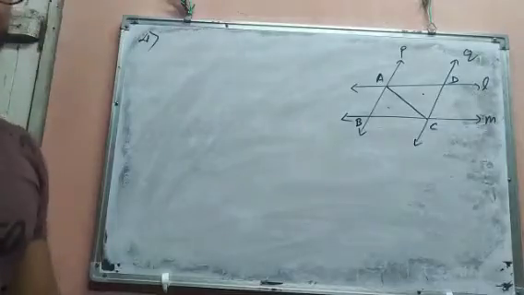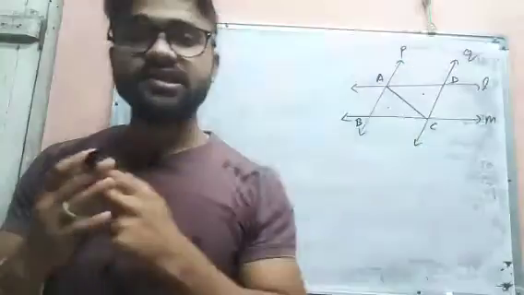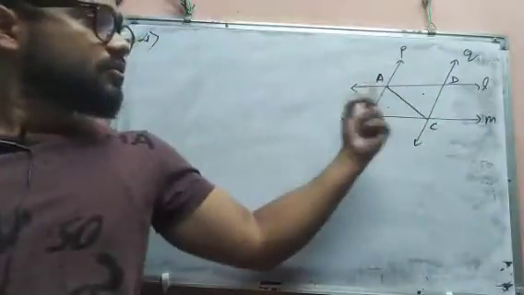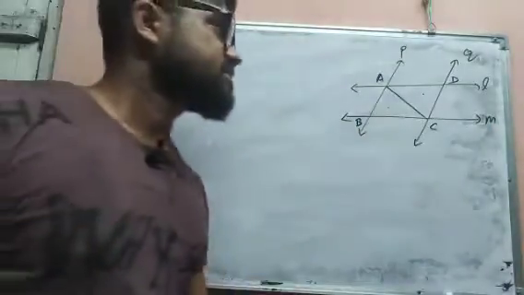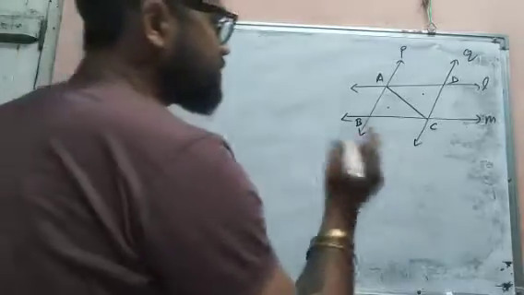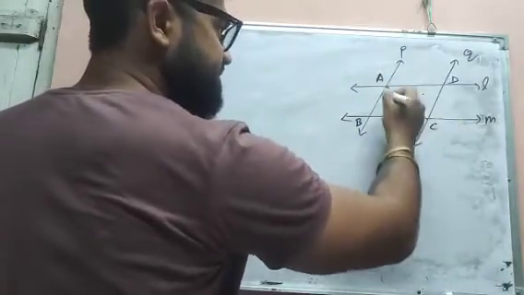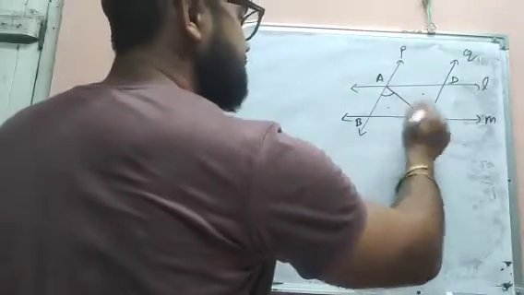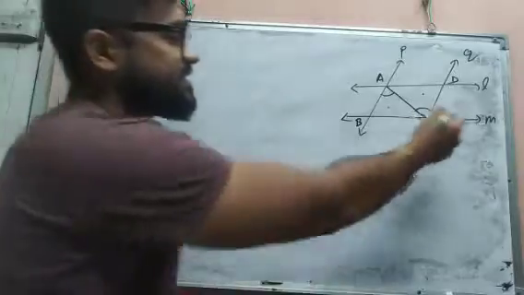Okay, that means when two pairs of mutually parallel lines intersect, then these two angles are formed, and we have to prove that these two triangles are congruent. So to prove that, see, first if you consider P parallel to Q, and AC is a transversal, then this angle and this angle will be equal. Why are these two equal? Because they are alternate interior angles and AC is a transversal.